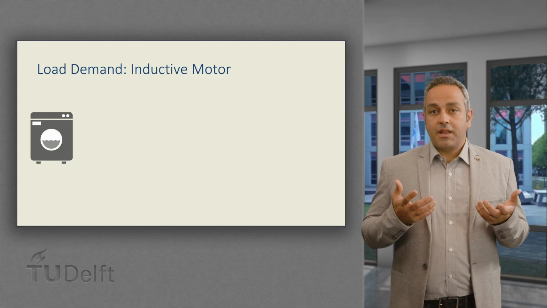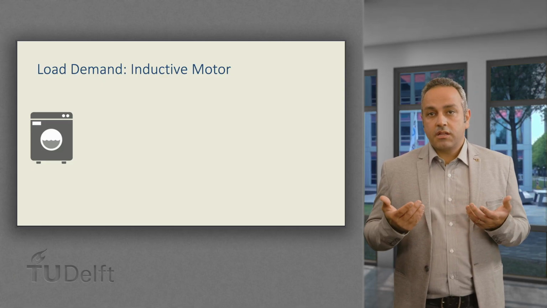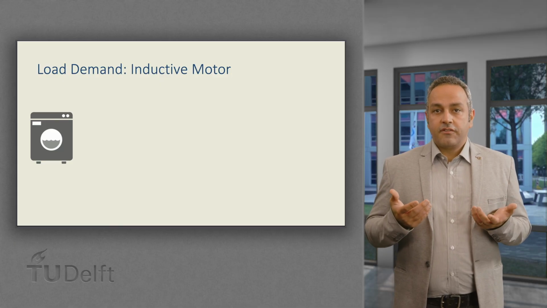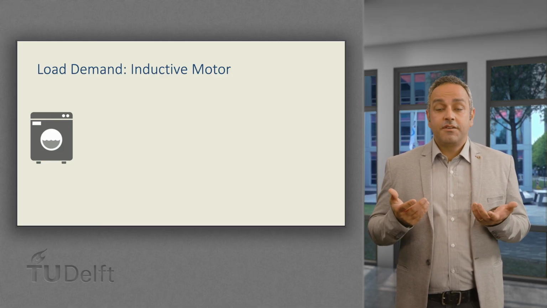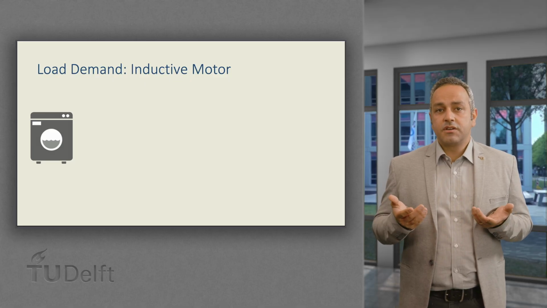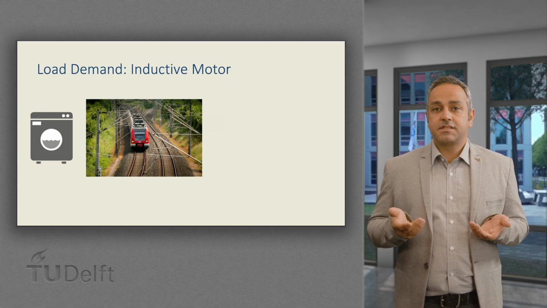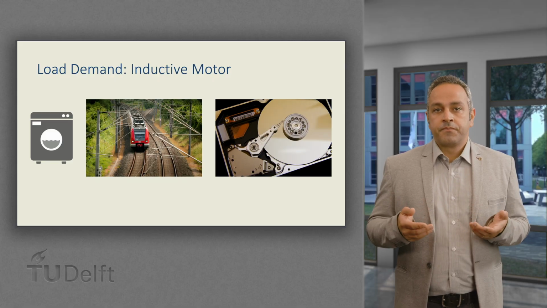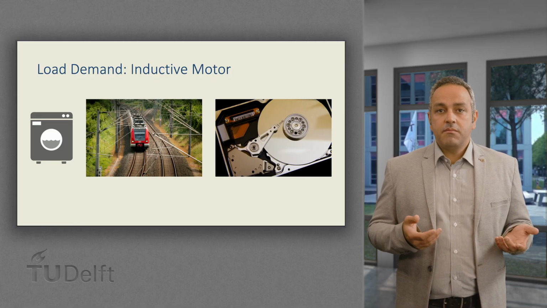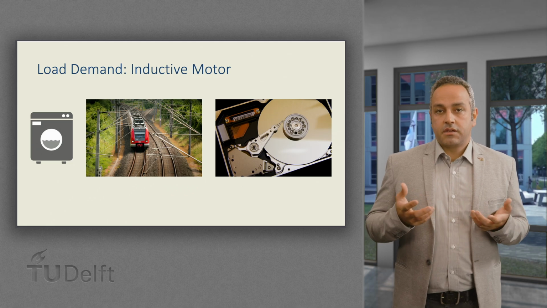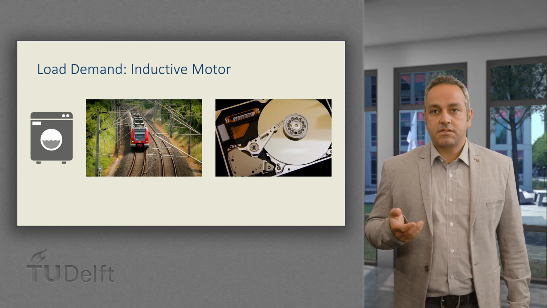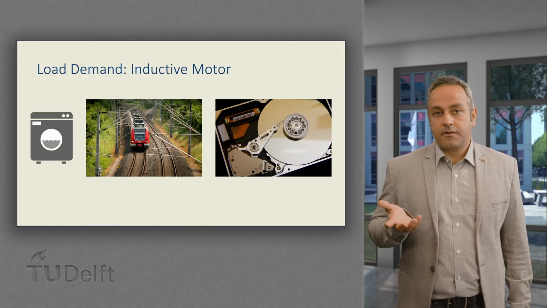The conversion from electrical energy to mechanical energy is done by motors. The first motors that were developed were operating with direct current. Some examples of direct current motors are electric trains and hard disk drives in computers. Nowadays, there are many motors operating in alternating current. Motors are inductive components, and as a consequence, they consume reactive power.